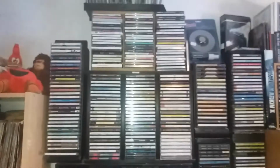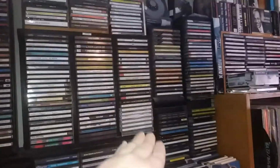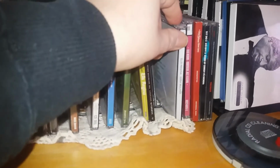So 70s soul from here and down. Moving to the CD section, we have here this, and all the way there is jazz, with exception from this little part that are some mixed. I have my MPB Brazilian here also, and if I'm going to keep finding those Brazilian music that I've been